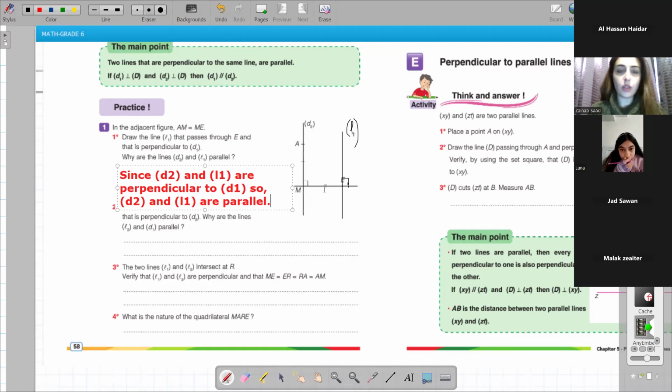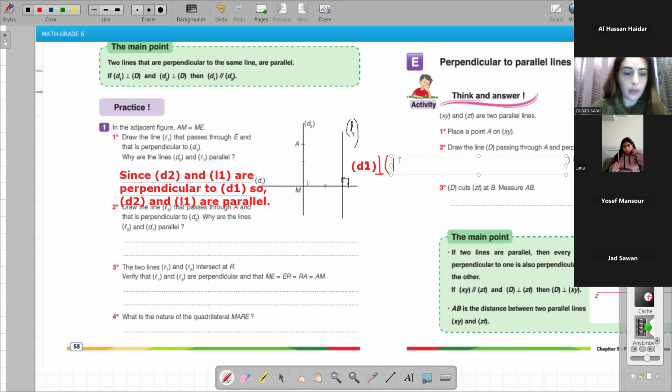Or we can do it like this, with the symbol. You can say D2 perpendicular to D1, and